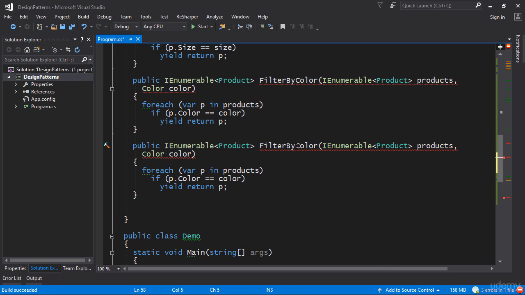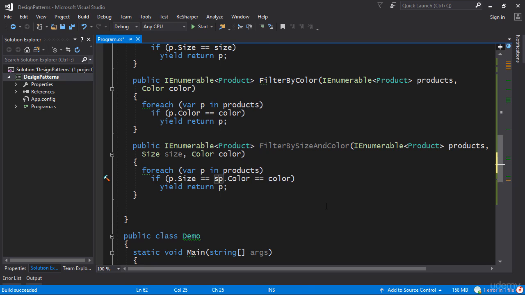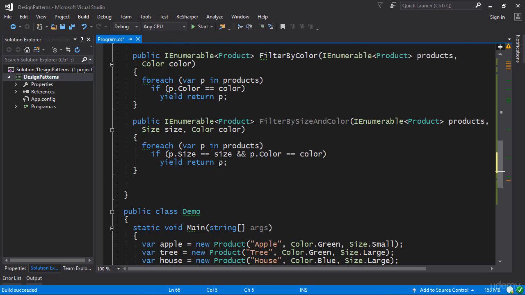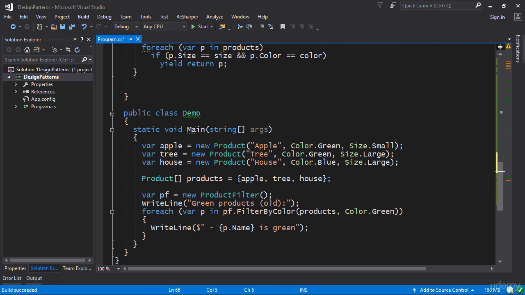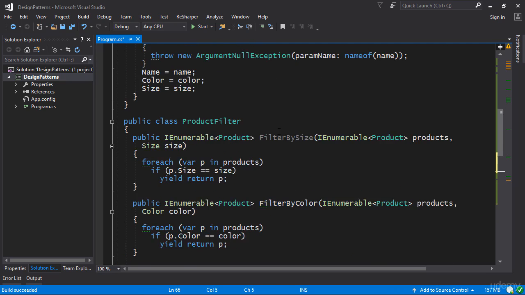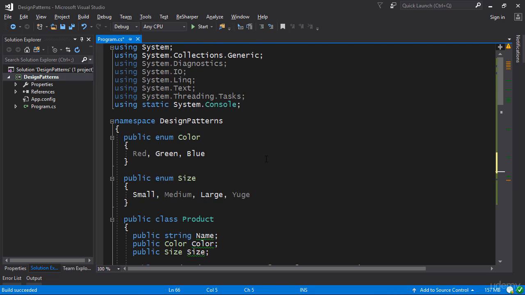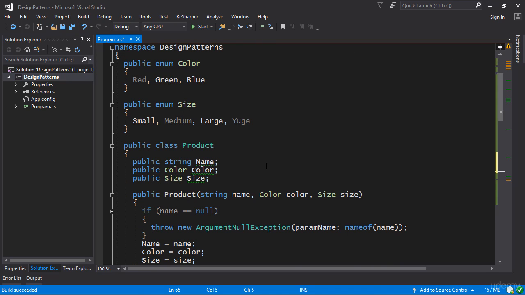So we're going to filter by size and color. If you want to filter by size and color, you have to specify size and color, and then you say p.size is equal to size and p.color is equal to color. This is how you implement this, and then of course you can start using it. And this whole thing, everything that I've shown right now, happens to break the open-closed principle, because the open-closed principle